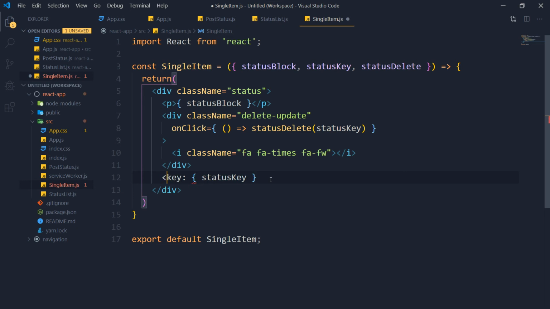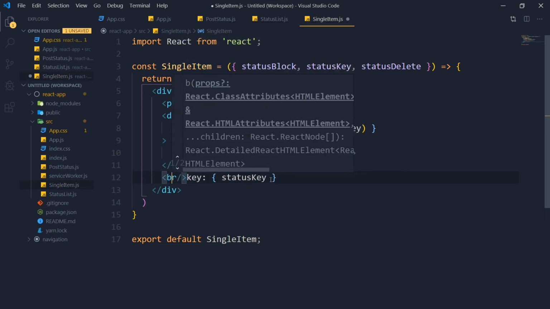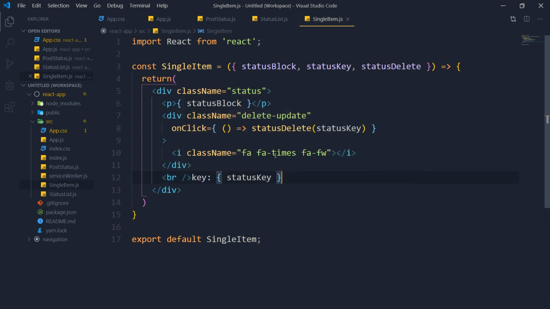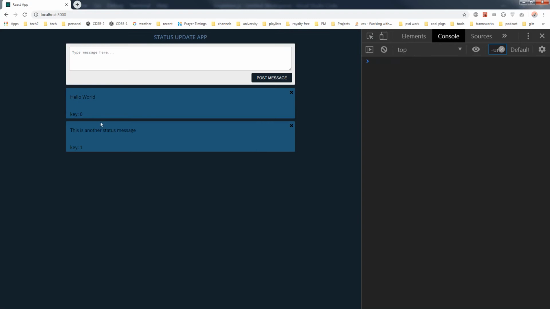Let's use a break here. So as you can see, here's the key 1, key 0, key 1. And hello world, this is another status message. 1 2 3 4 5 6, and see now 1 2 3 4 5 6 has got the key 0,